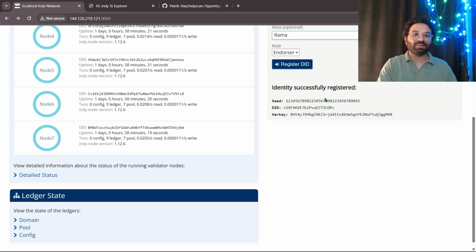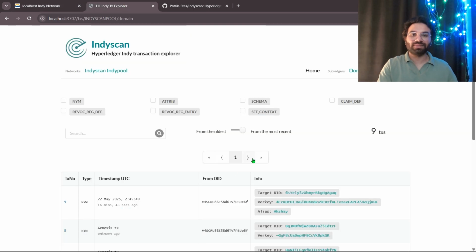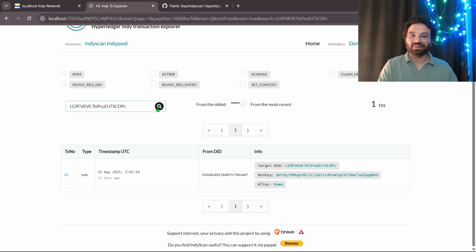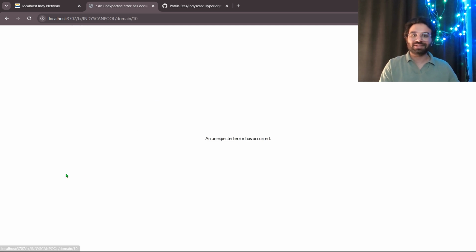Rama registered successfully. Now let's copy this DID, and let's see if we can see this DID over here. Let's hit enter, and you can see that as soon as I hit it, we suddenly got the proper name Rama with their target DID and the verkey, the verifier key, right? So here we go, we are done with the setup, and we can see the proper timing and all those things. So if you click on this transaction,